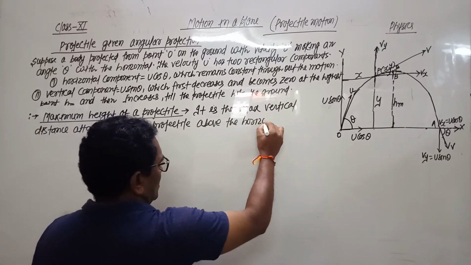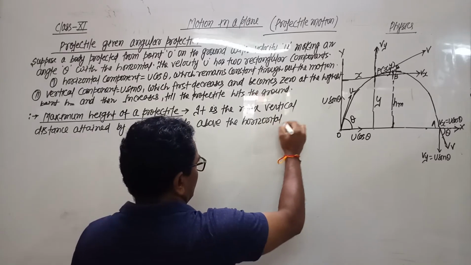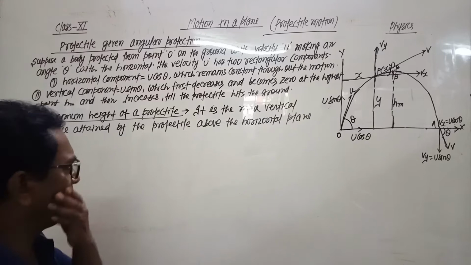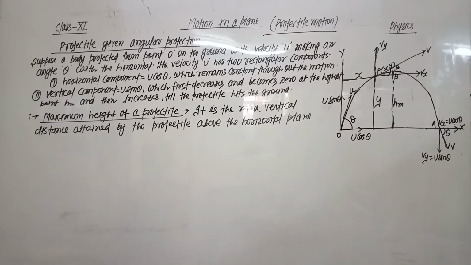So the maximum height of a projectile means what? The maximum vertical distance attained by the projectile above the horizontal plane is called the maximum height of